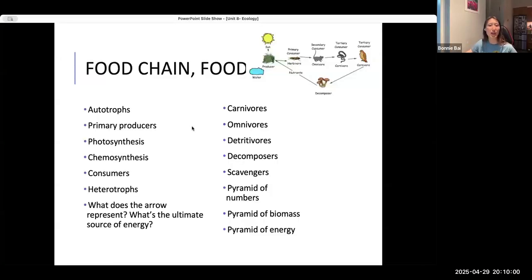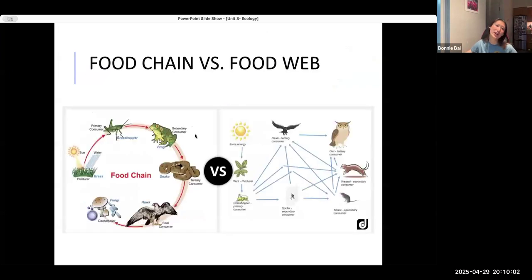Okay, so we're back onto food chain versus food web and all these other words. Let's click through it. Food chain is just a chain, so it's one direction, starting always from the producers. You should know that the producers get their energy from the sunlight, but there's also the conservation of energy that you learned in physics, or maybe chemistry, but now in biology, where the energy gets converted from one form to another. It doesn't just get lost, right?